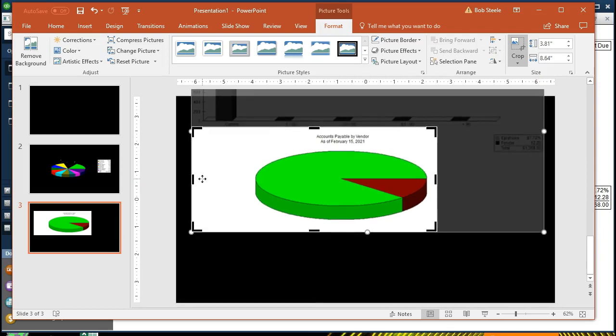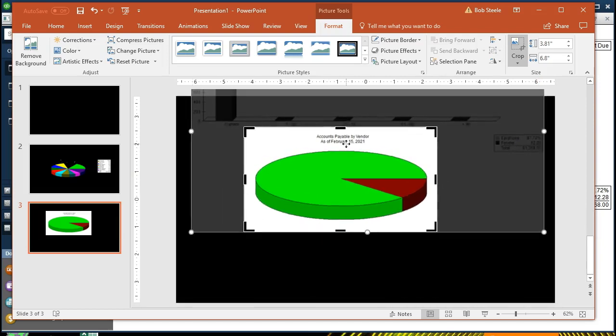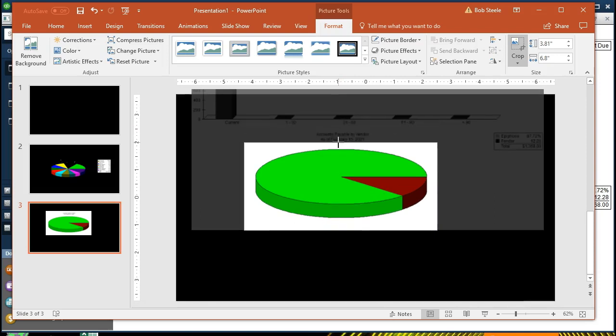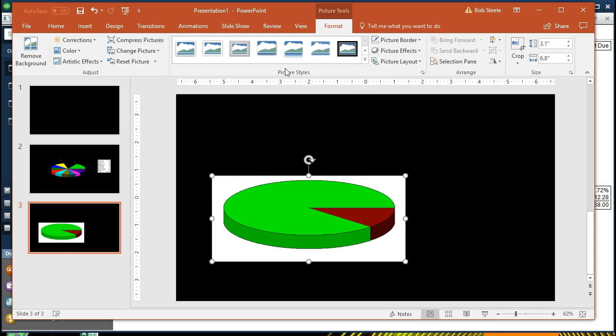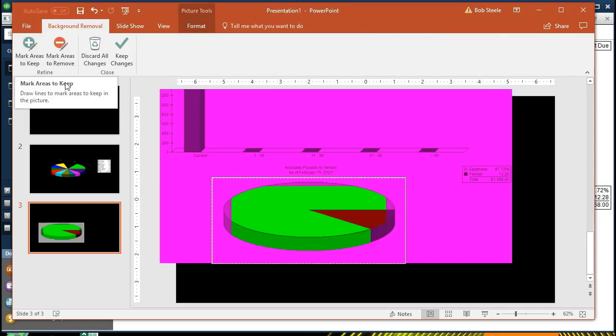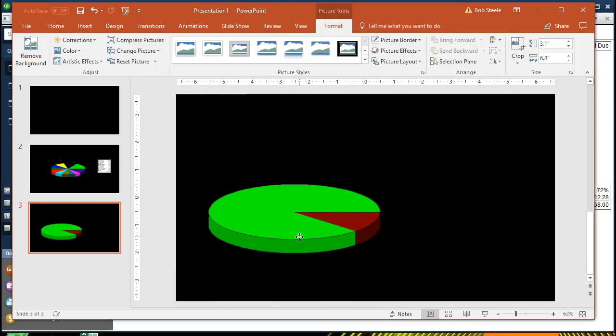Crop that out. We might even say, hey, this title's not too impressive there. Why don't we just crop that out and make our own title, possibly. And we can even go so far as to say we would like to not have the white background on it. We can go to remove background. And just in order to get what we want here, we've got to go to mark keep, and I'm going to keep this item, keep that. I don't want it to make that go away. And there we have that. And then we got just a floating pie chart,